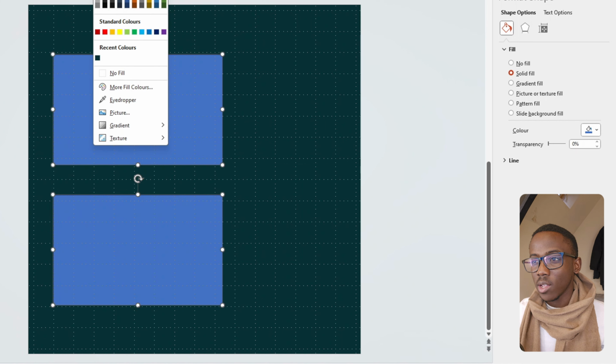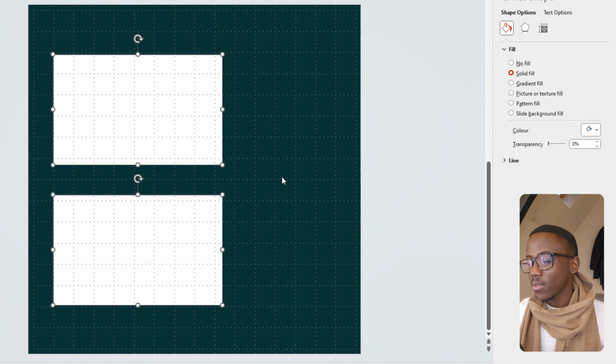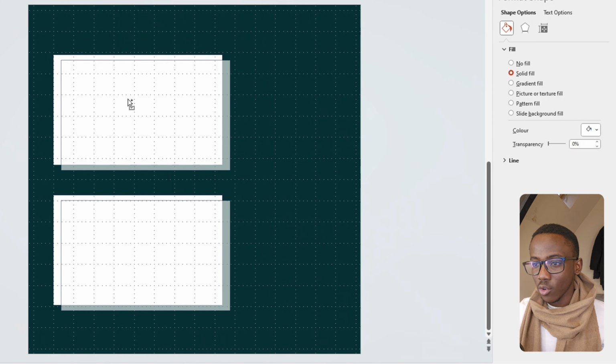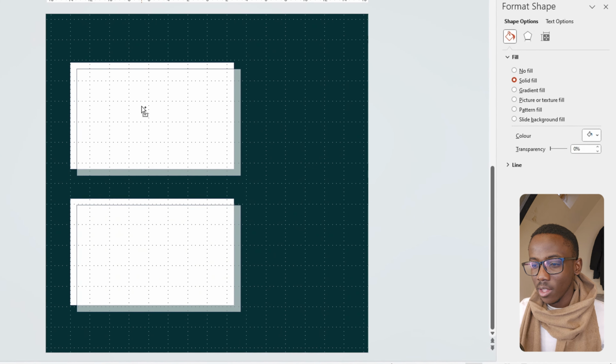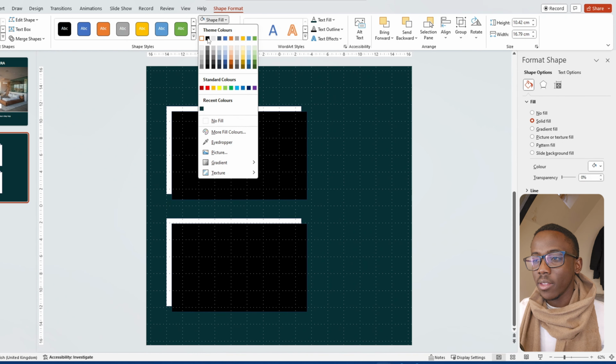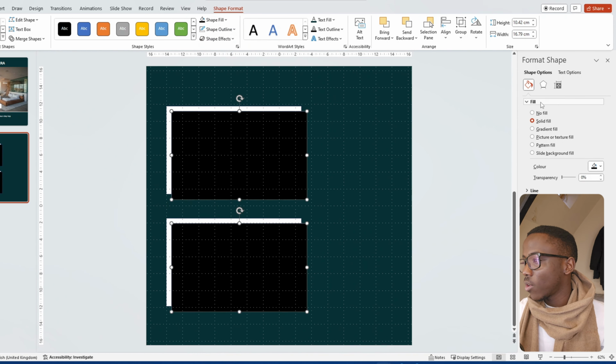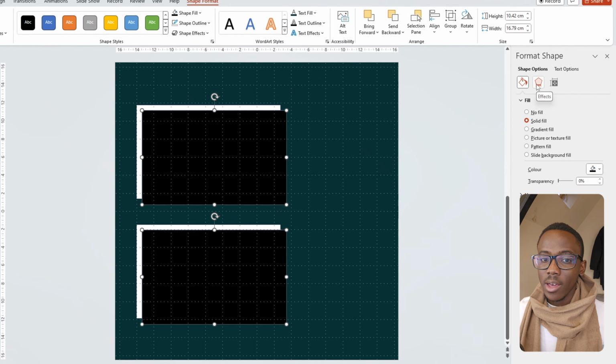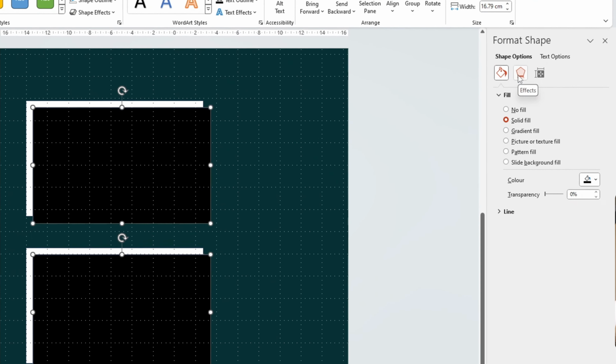Then I'm going to change the fill color into white. Right, I'm going to click on this, drag and drop, and just take the same thing like here. Then I'm going to turn the shape fill into black. Right, then I'm going to go on the right side of the screen where I'm going to